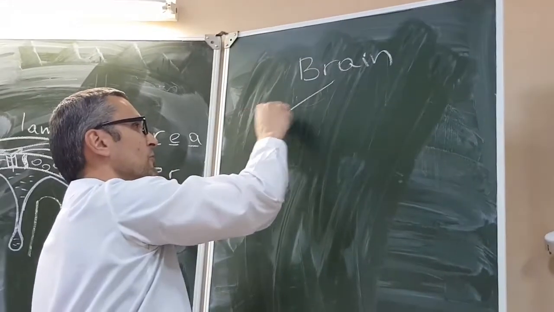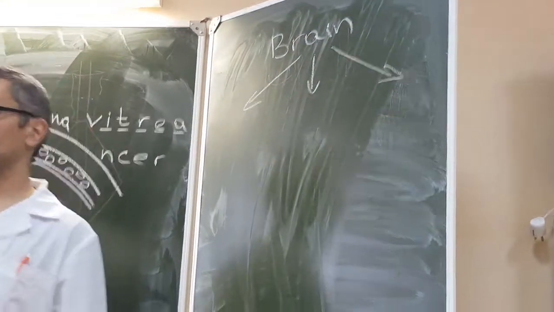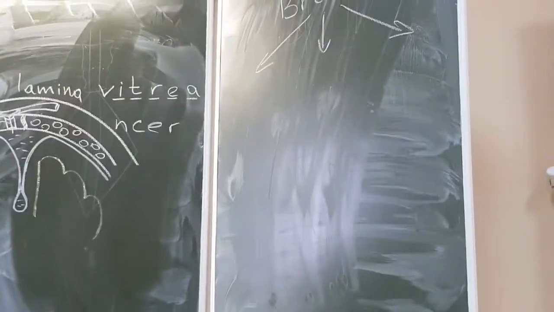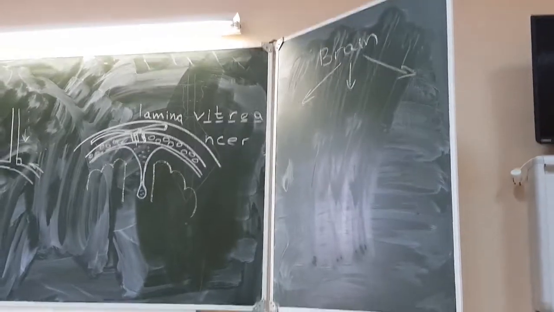But venous outflow from the brain goes in three directions. In three directions. And this is very important to know because our brain is located inside